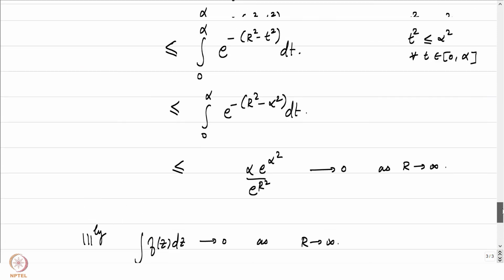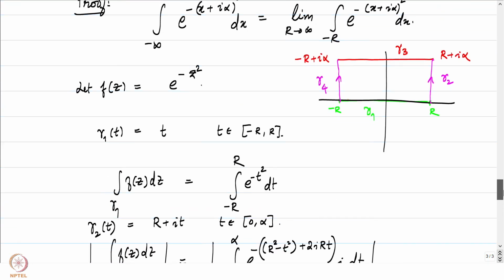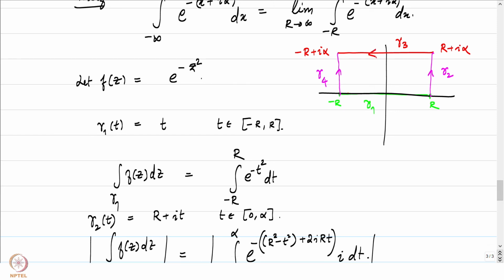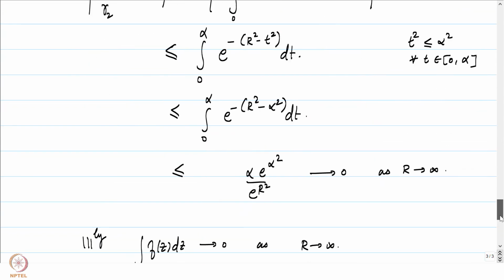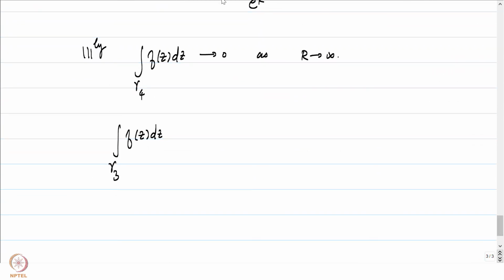What is gamma 3? We would rather conclude the result over minus of gamma 3. Gamma 3 would be in this direction. Let us see what minus of gamma 3 is, the reversal. So we'll try to find out what this is. Let minus of gamma 3 of t, this is a map from minus of r plus I alpha to r plus I alpha. So let's define it to be t plus I alpha, where t belongs to minus r comma